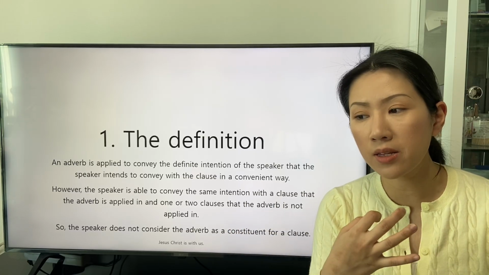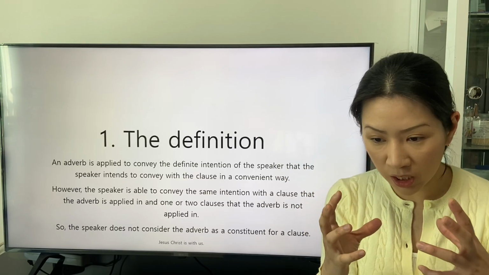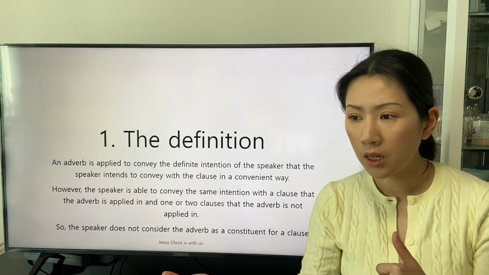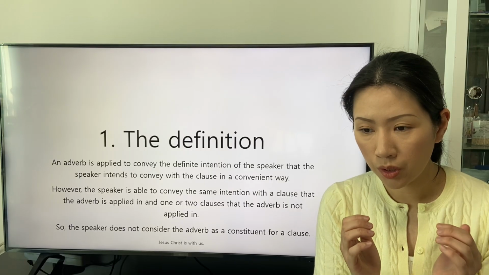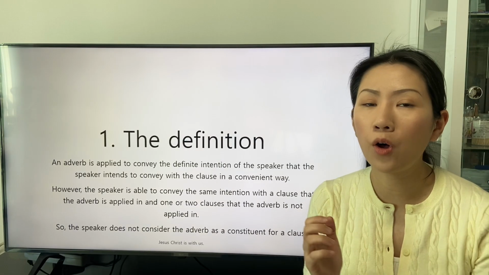The speaker intends to delineate the original intent with some words closest to the will of the one,